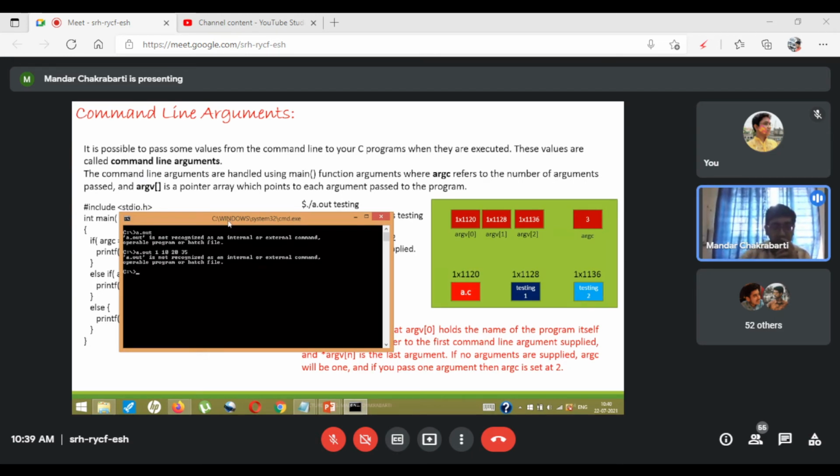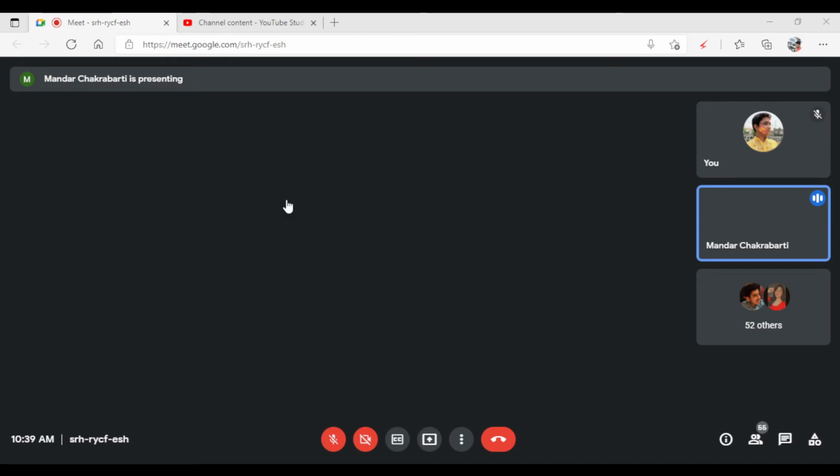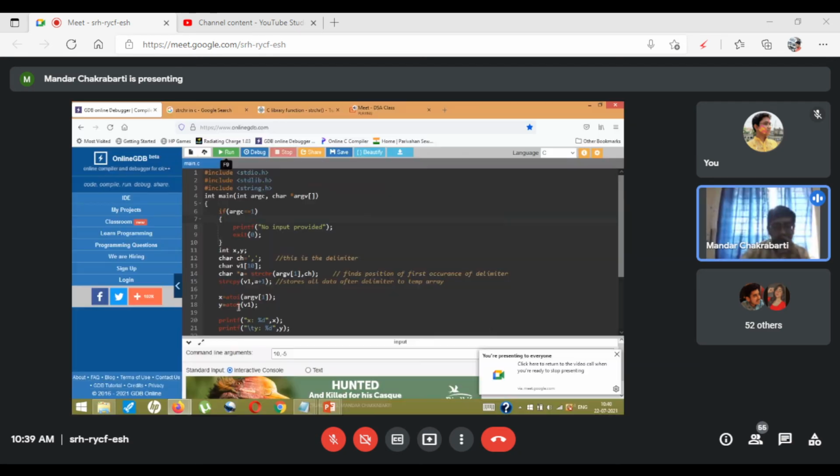Now, if I were to demonstrate this same thing from your online compiler perspective, say using the GDB compiler, in the GDB compiler I have the command line arguments entry point over here. Whatever data I'm passing over here is my command line data, that is, the command line arguments.